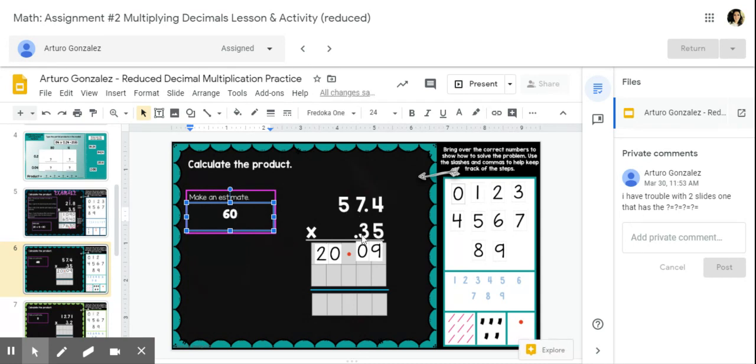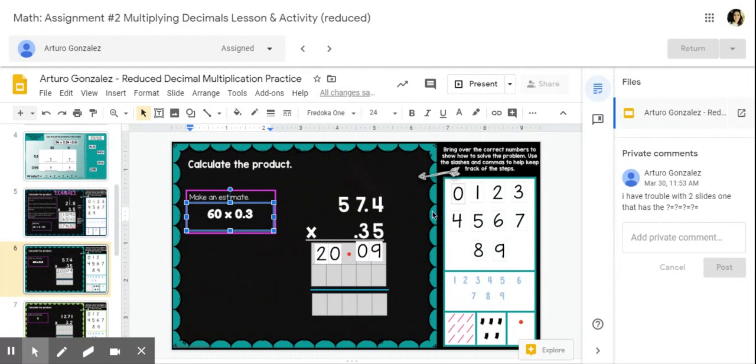And then 35, I would say, well, 35 is close to, I could say 30 hundredths, or 3/10. Or I could say that it's closer to 25 if I'm doing benchmark decimals. It's really however you decide to estimate. So I'm going to say 35 hundredths is close to 3/10. So I would say 0 and 3. And so if I multiply 60 times 0 and 3,